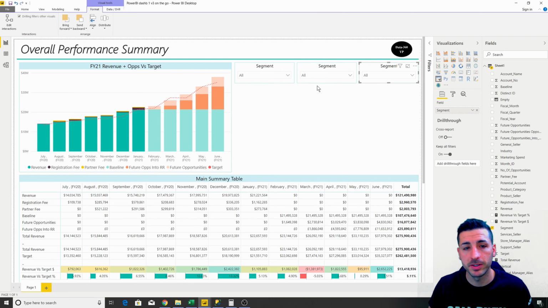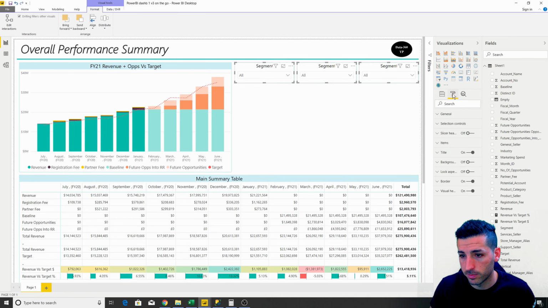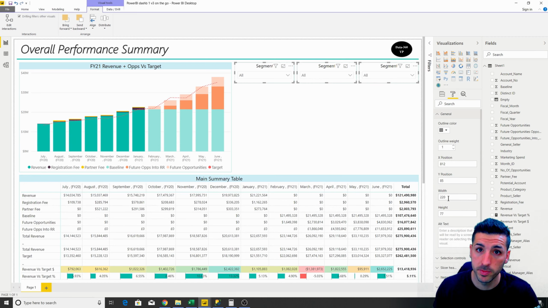If you want to keep them exactly the same size, you can select all of them by holding Ctrl, then go to Format, General, and add a manual width to all of them, so you know they're exactly the same size. And if you want to align them, go to Format, Align on top, so everything is aligned on top, and Distribute horizontally, which means they have the same